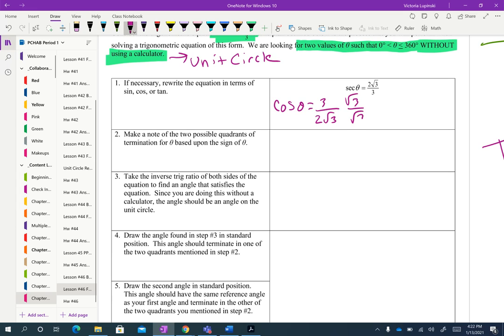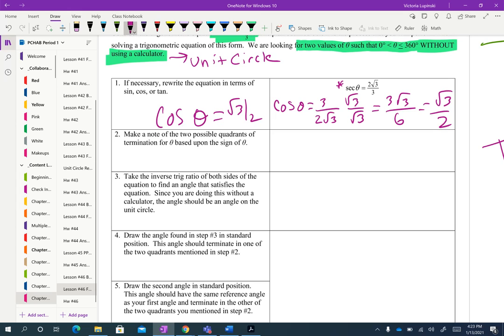Rationalize by multiplying by radical 3 over radical 3. That's going to give me 3 radical 3 over 6. And if I reduce the 3 and the 6, I'm going to get radical 3 over 2. So really, instead of solving the equation secant of theta equals 2 radical 3 over 3, I'm going to be solving the equation cosine of theta equals radical 3 over 2. The thought process behind that is that you're more likely to be familiar with sines and cosines as opposed to the reciprocals. Then here in the second box, make a note of the two possible quadrants where theta can terminate